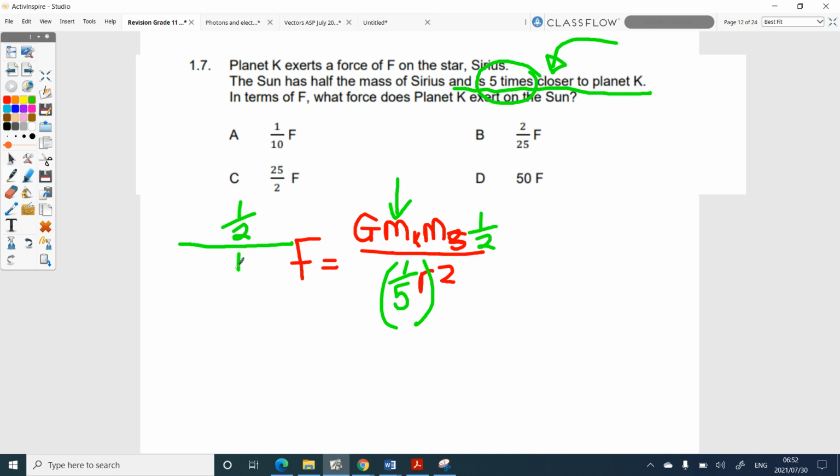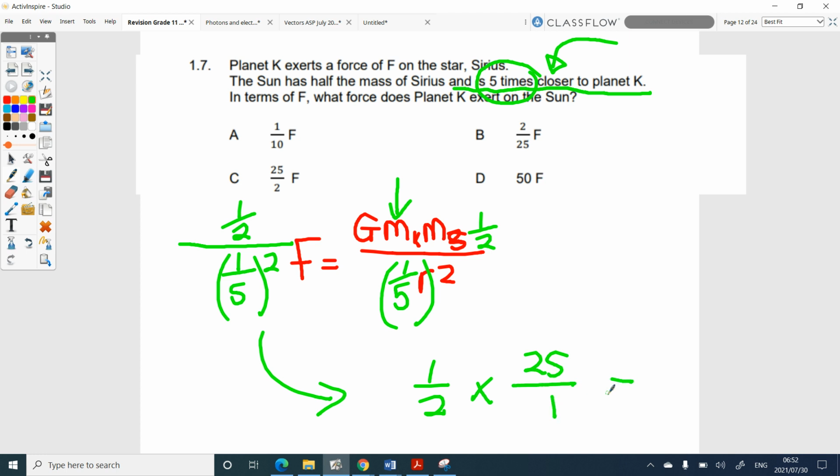You're going to put 1 over 5, but remember the 1 over 5 is squared at the bottom of the line. And now this you could actually do on your calculator if you wanted to, but you can hopefully do the math. So what we actually get there is now a half, if you tip and times by 25 over 1, which gave us the answer of 25 over 2. So that was